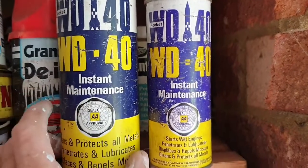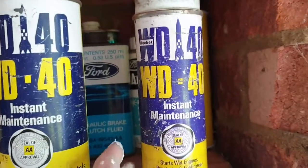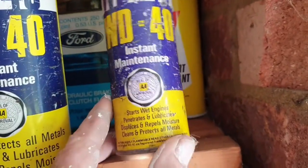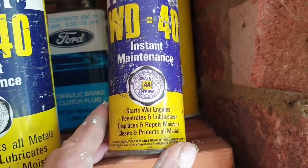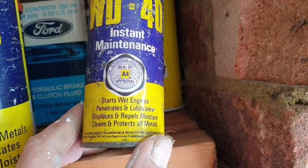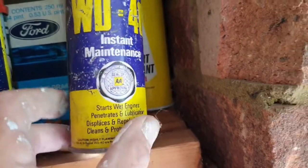I just found these old WD-40 cans. Now look at this. It's Instant Maintenance. It's from Rocket. It starts wet engines, penetrates and lubricates, displaces and repels moisture, cleans and protects all metals, lubricates,